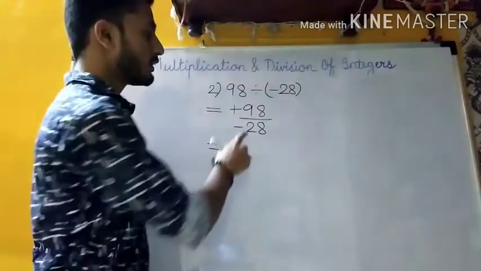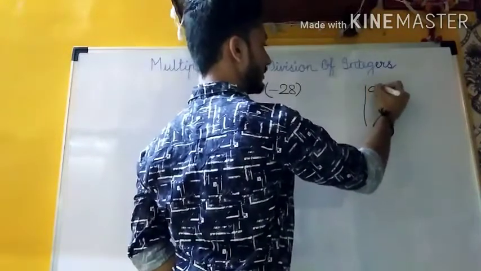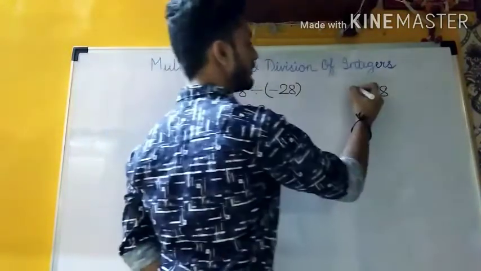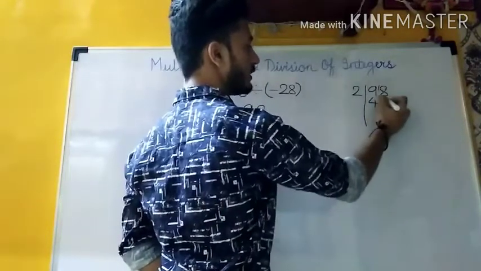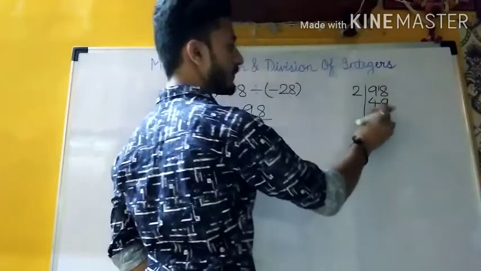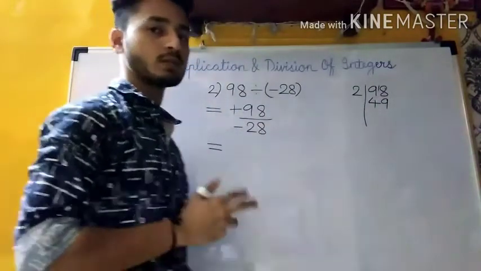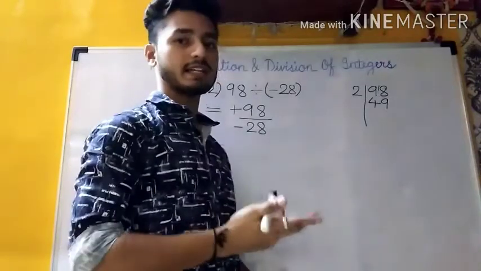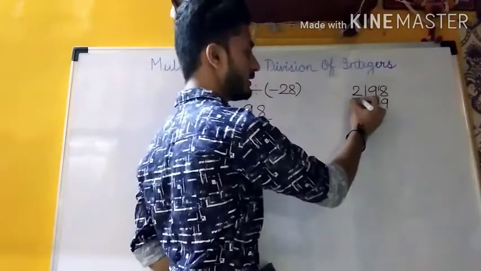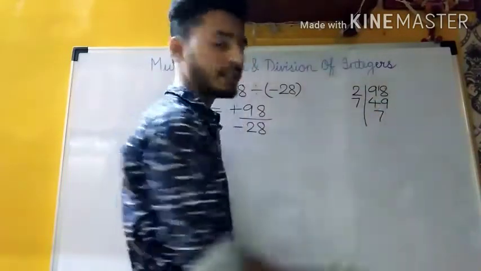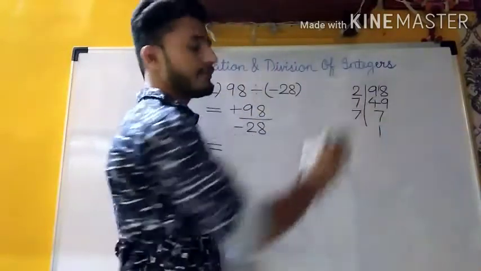Then next, we are going to find the prime factors in the rough column. So for 98, what are the prime factors? We'll begin with 2. So 2 4s is 8, 1 is remaining, 2 9s is 18. Now it is 49. So we cannot divide by 2, neither with 3. So we'll go directly for 7, because it is not possible for 5 also. 7 7s is 49, and 7 is a prime number, so 7 1s are 7. So these are the prime factors.